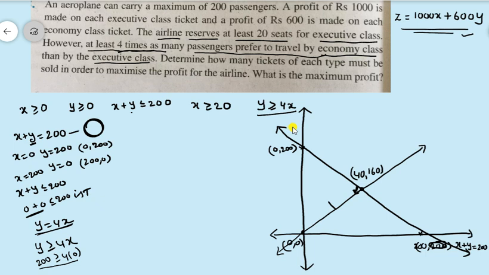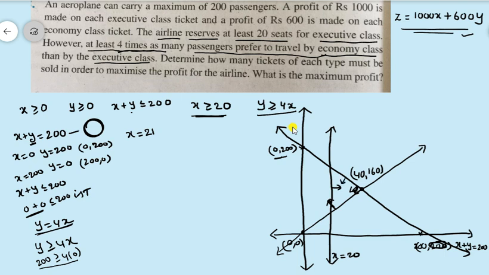That's why we have to shade towards that point, because earlier the origin was satisfying, that's why towards the origin. Now this point is satisfying, that's why towards that point we are shading. Now how to draw the line x greater than or equals to 20? You know how to draw the line x is equal to 20. It's a straight line parallel to the y axis. This is the line x is equals to 20. But here you know very well x greater than or equals to 20 means this side.